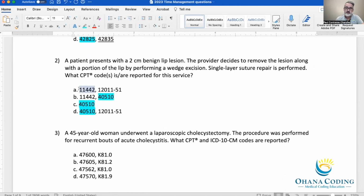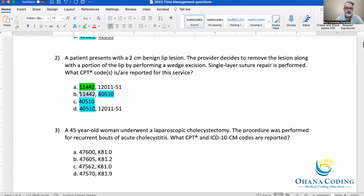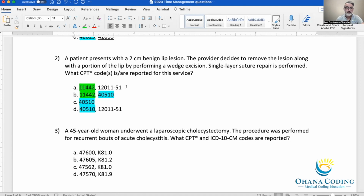And we have 2 codes that are in there twice. 11442 is in there twice. And the 12011 modifier 51 is in there twice as well. So now, in this case, though,